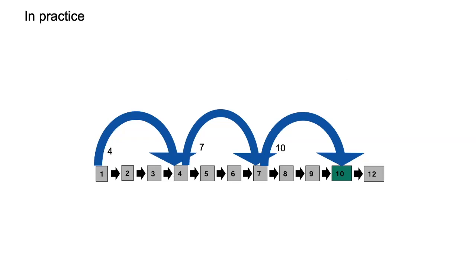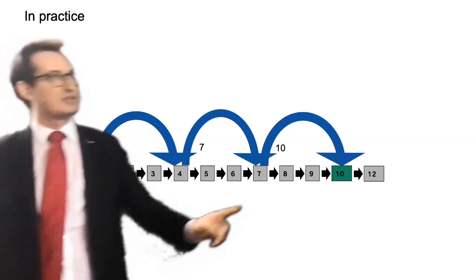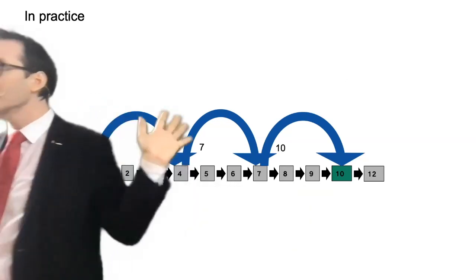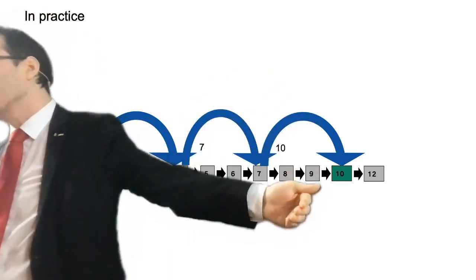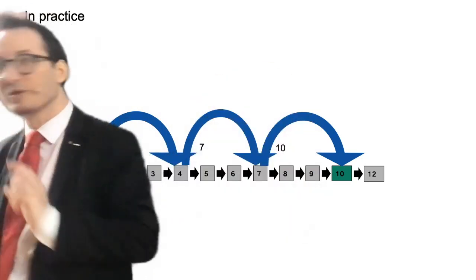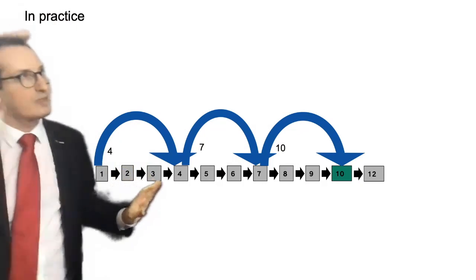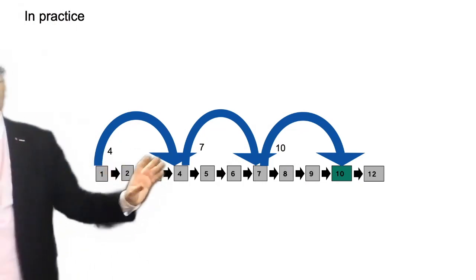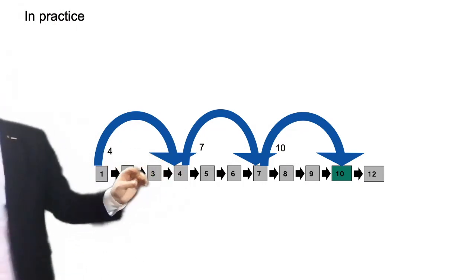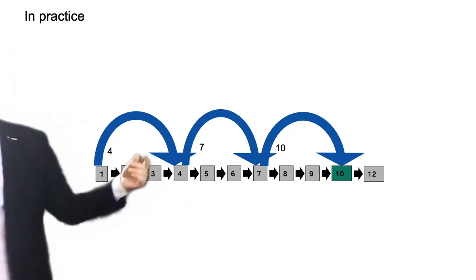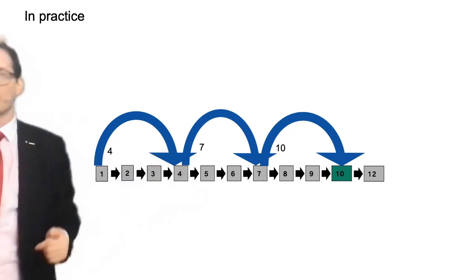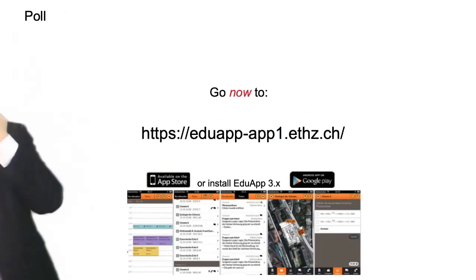So here, for example, we can directly jump from 1 to 4, and then from 4 to 7, and then from 7 to 10. The details of the algorithm to know when to jump pointers are in the book. There's even pseudocode written in the form of an algorithm that I strongly recommend you look at to make sure you are aware. In particular, you need to understand how many comparisons you make and so on, following that algorithm.